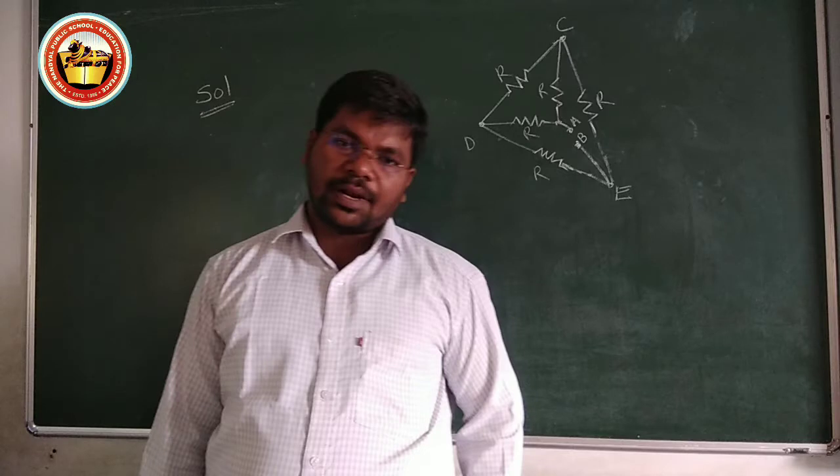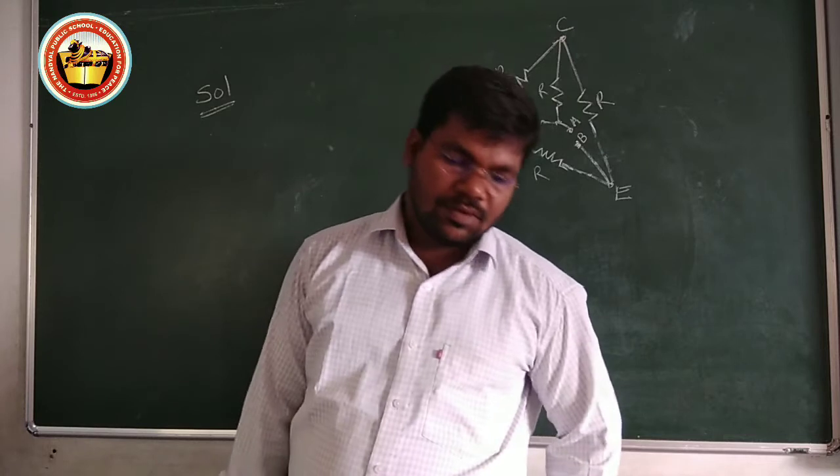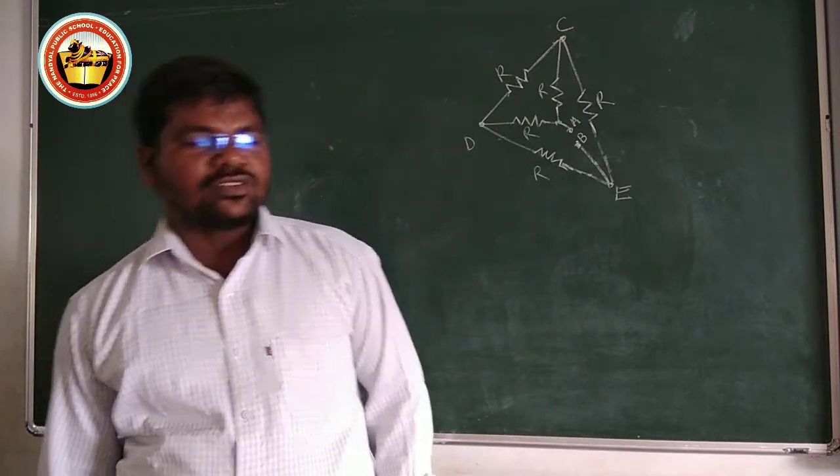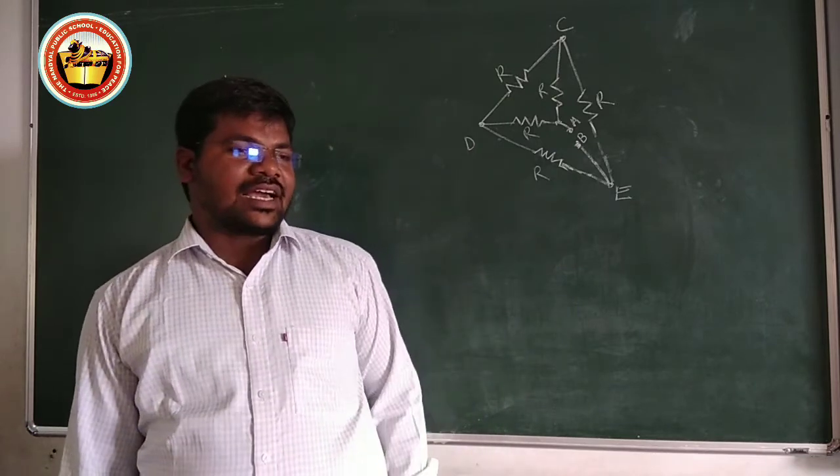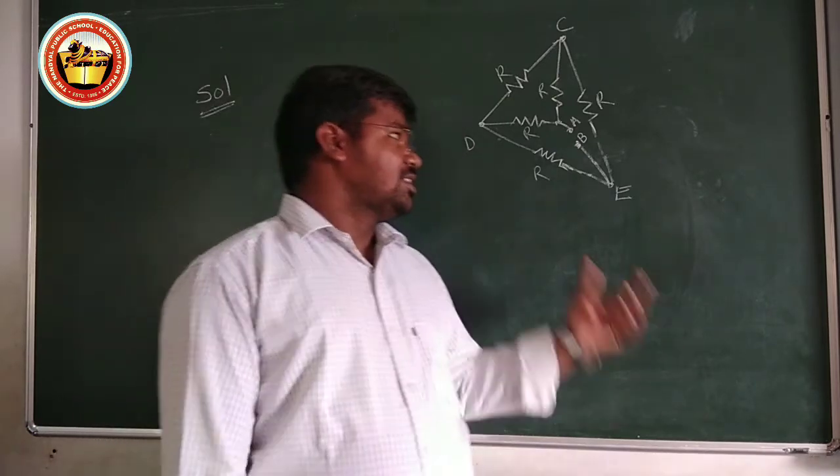Problem: equal resistances, each of resistance R, are connected as shown in the figure. A battery of V volts is connected between A and B. The current flowing in AFCEB will be? Here they given one circuit diagram, and we have to find the current passing through this circuit.